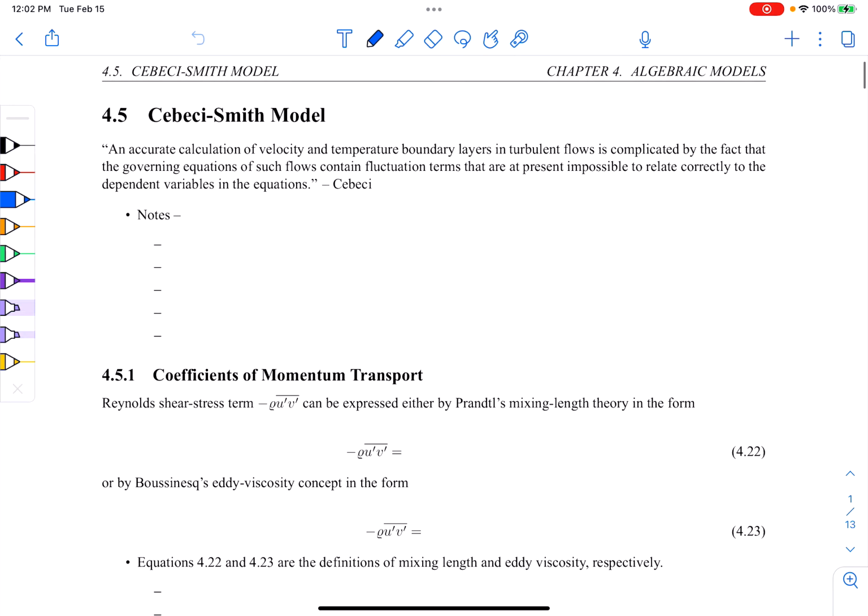So the Cebeci-Smith turbulence model. As I mentioned, this is a culmination of a lot of years of work using a lot of different authors, and this is sort of some of the insight in the core notes and thoughts that make up the core of the model. So we're going to review mixing length and eddy viscosity in the inner and outer layer of the boundary layer, because it's a boundary layer model and they just apply it to all kinds of different flows. It's highly calibrated, it's extremely useful, and so useful that when it was running on machines in the